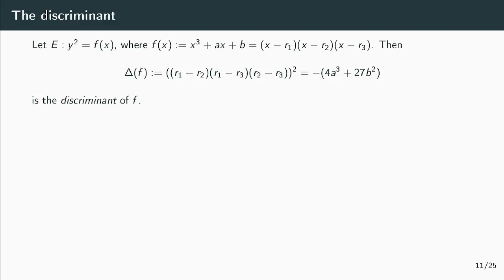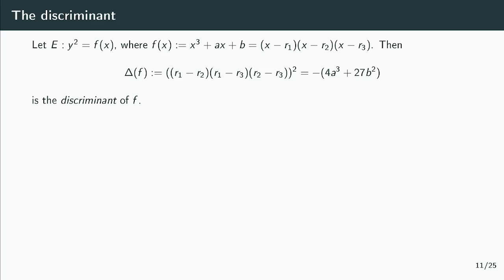Welcome back to the second part of the lecture on ECC. Last time, I promised you to explain the strange condition on A and B in the definition of an elliptic curve. Here you can see that that expression is actually minus the discriminant of the polynomial x cubed plus ax plus b. You can also compute the discriminant as the square of the product of all pairwise differences of the